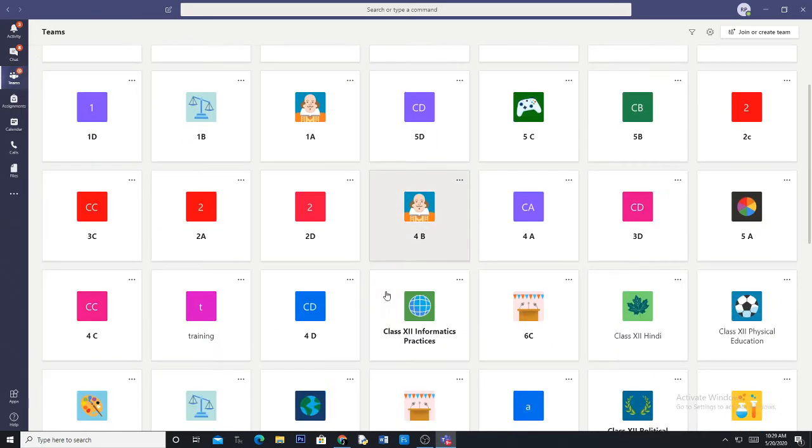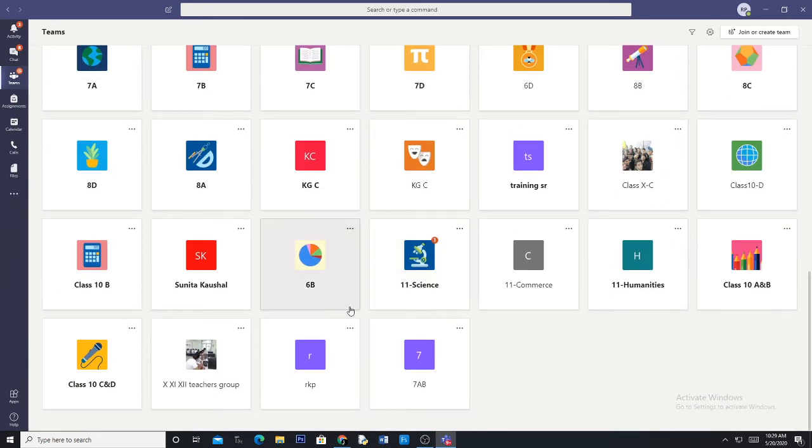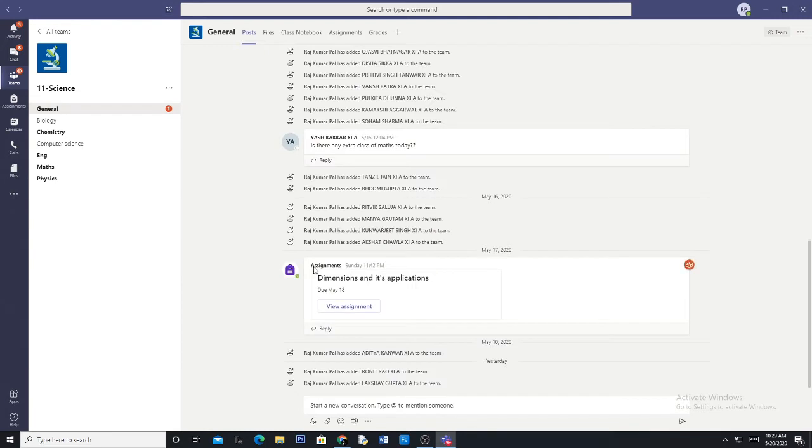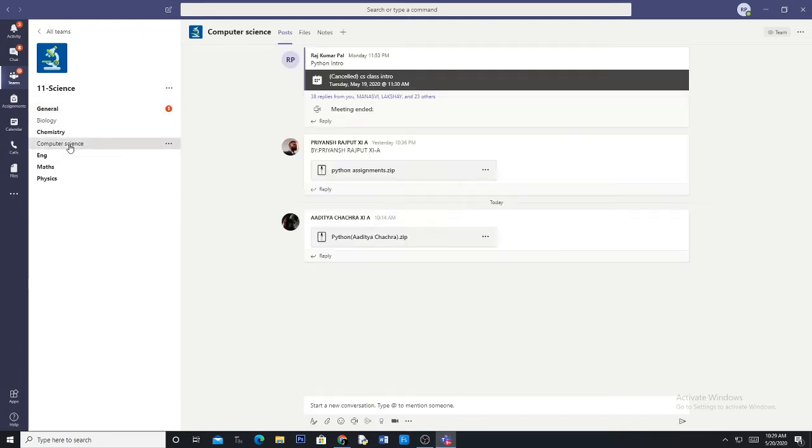And now suppose 11th science. Okay, yesterday I took a class in 11th science. So 11th science, I go to my class, computer science. Here yesterday I have given them 3 questions to do, and I have asked them, please send me all the answers in my own channel, that is computer science. What they have done is